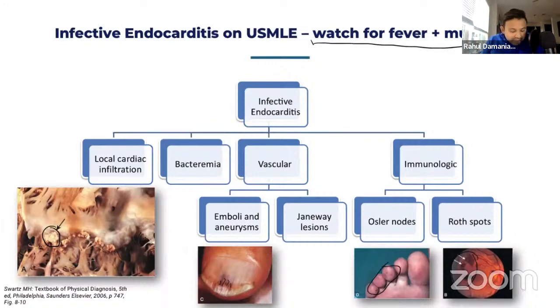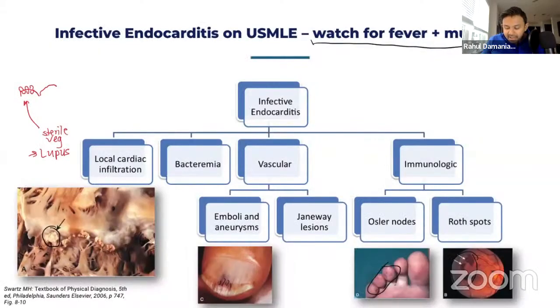What you also have to know is that if they give you a patient who is a middle-aged female who has maybe a malar rash and they have fever plus a murmur, or even pericarditis, you're going to be thinking about the Libman-Sacks endocarditis, which is going to be these sterile vegetations on both sides of the valve, and that is going to be associated with lupus. Okay, very high yield for us to know.